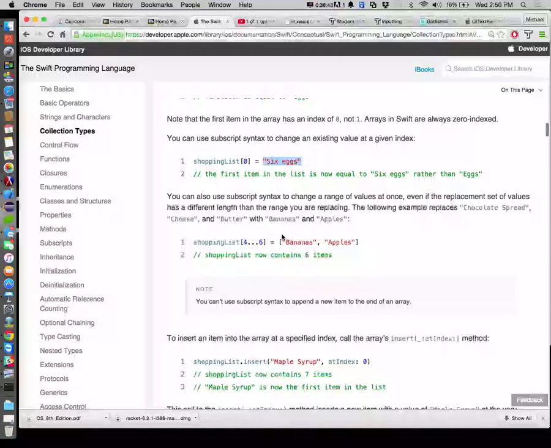We can replace several items here. This is saying replace 4 through 6 with bananas and apples. I'm sure this is going to be bucket 4 and bucket 5, not including 6. So if you really had a situation where you wanted to replace two values at the same time that were right next to each other,